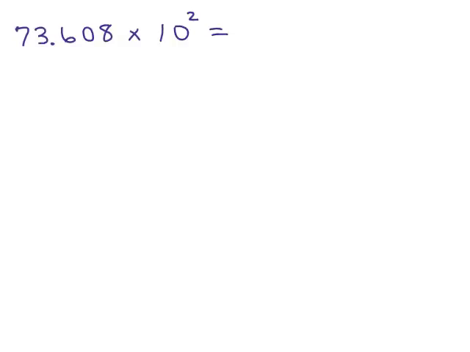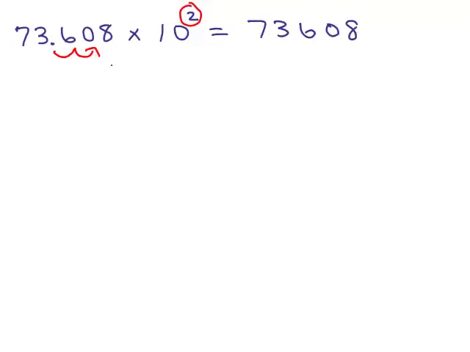All right, we've got 73.608 times 10 squared. Remember, 10 squared means multiply by 100, so this should end up being a bigger number. Think of it as $73 and something times 100 of those $73. It's going to be a lot bigger number. So this 2 right here tells you to move the decimal point 2 to the right to get a bigger number, so that my final answer,